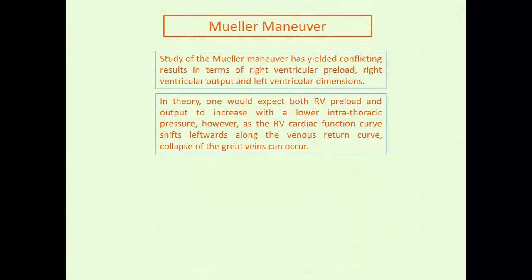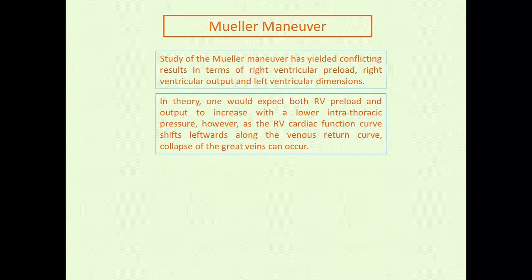In theory, as in the slide I just showed you, one would expect both the right ventricular preload and right ventricular output to increase with a lower intrathoracic pressure. The important thing is that, and I'm going to show this to you in the next slide, and this may be one of the reasons for discrepancies in findings, is that as the right ventricular cardiac function curve shifts leftwards